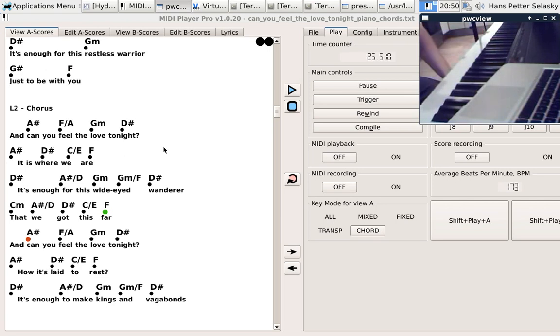So now this might be a very good way to start playing the piano. You can get some more rhythm by adding a drum